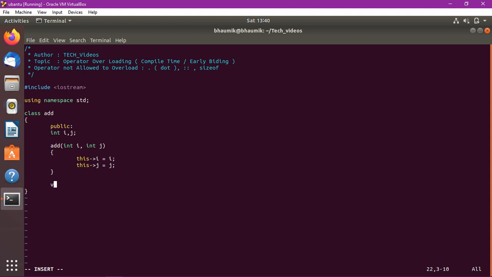Now let's print these values also, i and j.